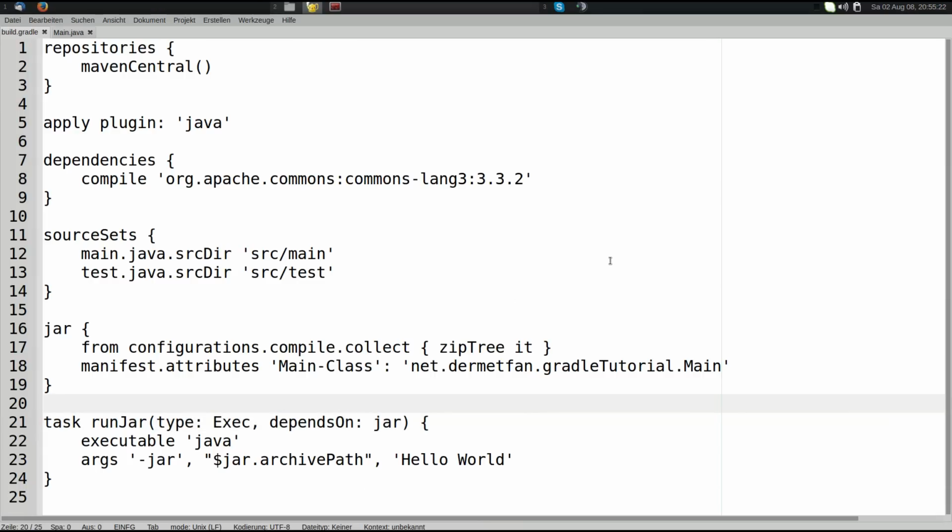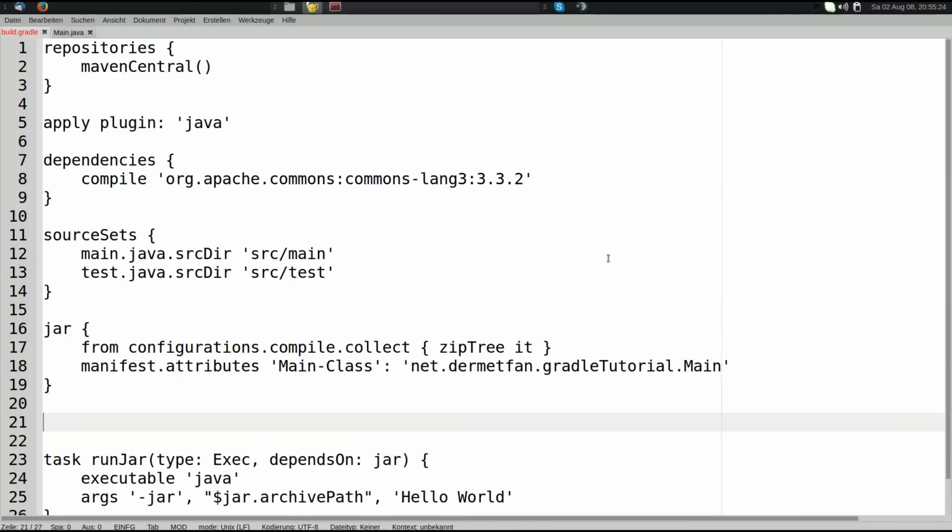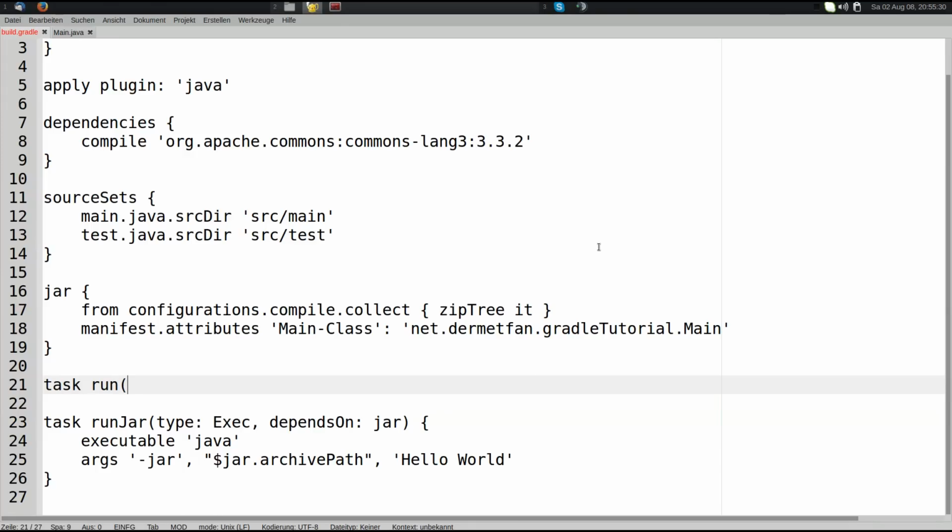To run a jar, there's actually also a task type. Let's just say we make a new task called run of the type JavaExec. Now what's that? JavaExec is a subclass of Exec, and you can run the Java classes without even having a jar archive, which is pretty useful if you don't want to pack it every time before you run it, just to test it. So we could say this one dependsOn classes,